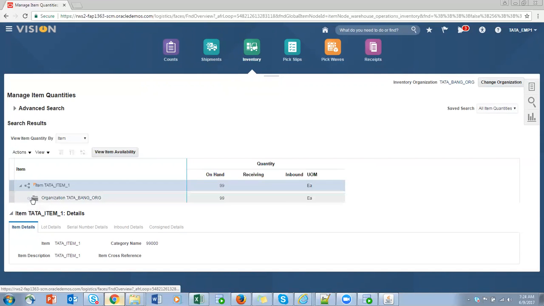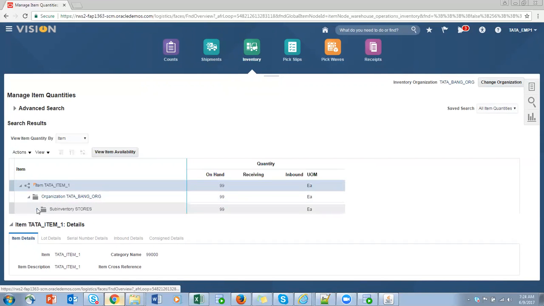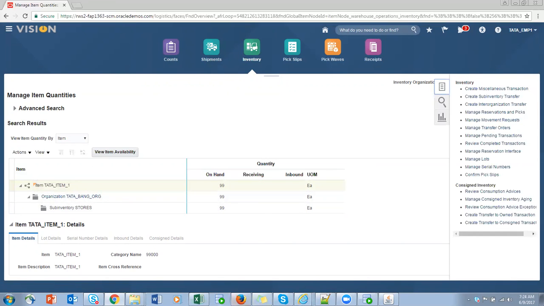Okay. Just click on sub inventory, go to sub inventory level. Suppose this item is under two or three sub inventories, here it will list all the sub inventories. Now I am having the item in only one sub inventory, right? It's showing only one. So this is the form where you can see your on-hand quantity. Okay. Next, move to